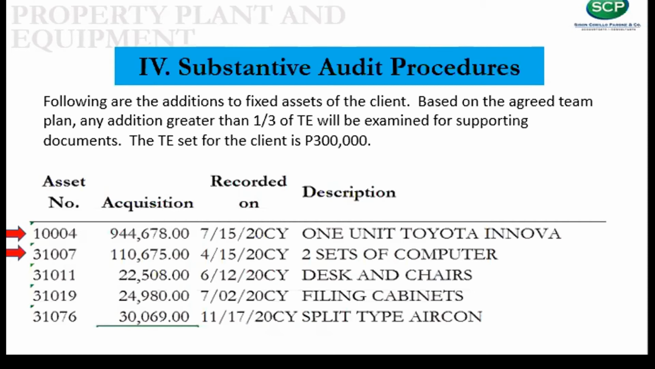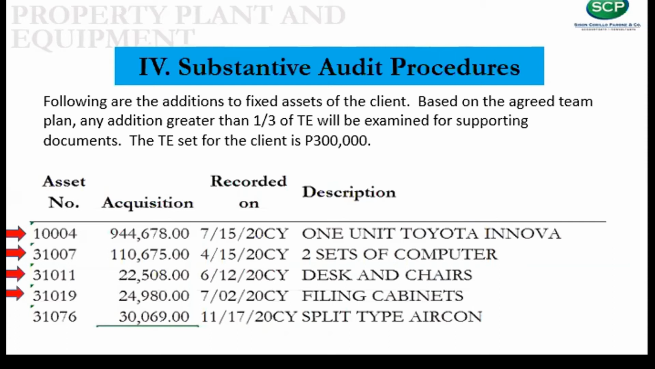110,675 pesos. The third acquisition presented on the list was asset number 31011, representing desks and chairs acquired on June 12, 20 CY for 22,508. The fourth acquisition presented on the list was asset number 31019, representing filing cabinets acquired on July 2, 20 CY for